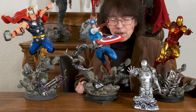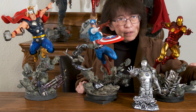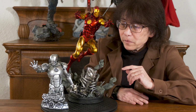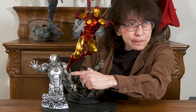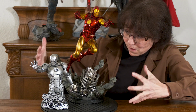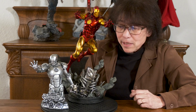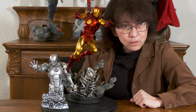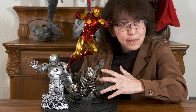So we're going to pause. We're going to get these two guys on a turn tray and take a look at them a bit closer. So when we got done finishing this Iron Man, I was trying to figure out where I was going to put him, where he wouldn't take up much space and he would look cool. You know, I'm thinking 3 busts are eventually what I'm going to need. But then I looked at one of the closets and I noticed the trio, the Kotobukiya trio, and I put him next to this Iron Man, and I said,